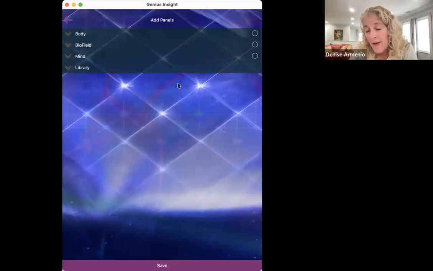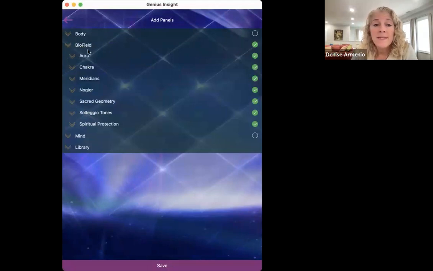Now, since we're creating a playlist for a library that we don't have, I will show you how to do that. The first thing is, since I recommend that you add everything from the bio field, you can just select and click that, and that will add everything to the bio field. If you wanted to look at it more specifically, you can see that I've added all the different sections from the bio field. And then again, if I were to click on it again,